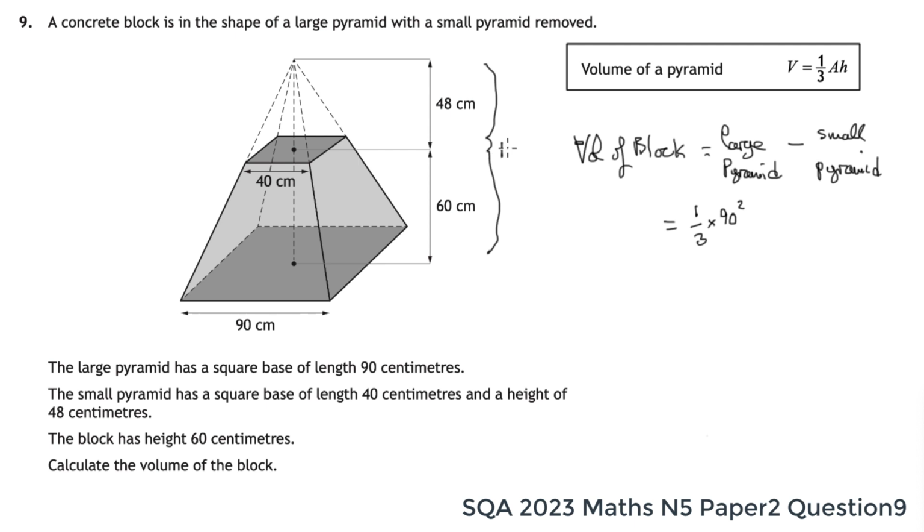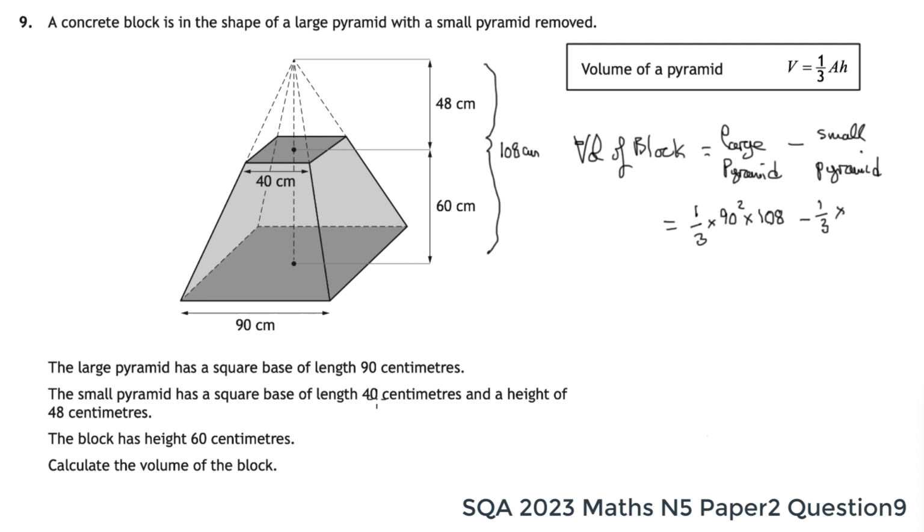That's 108 centimetres in total. So that would be the height of that large pyramid. And let's take away the volume of the small pyramid. Again, it's a third. Now, the area of the base of the small pyramid, we're told that the small pyramid